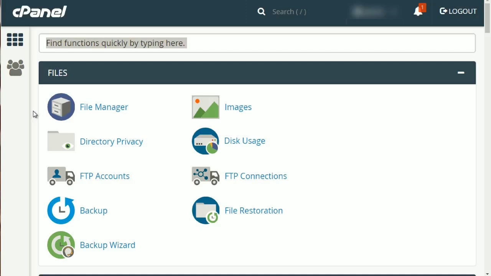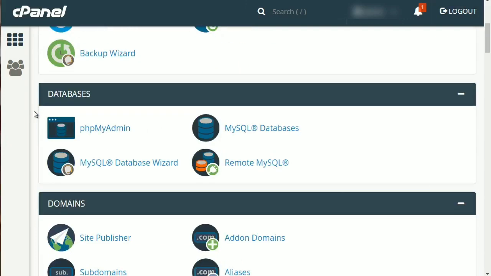Make sure that you're logged into your cPanel, and what you want to do is scroll downwards and look for databases. If it's different, then basically what you want to do is look for the MySQL database wizard, and this will walk you through step by step. It's the easiest way to go. So first things first, click on this,